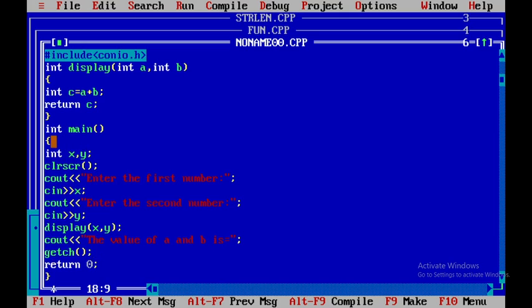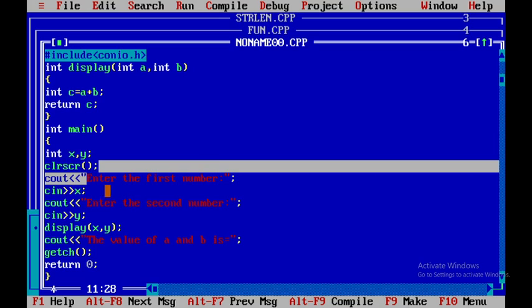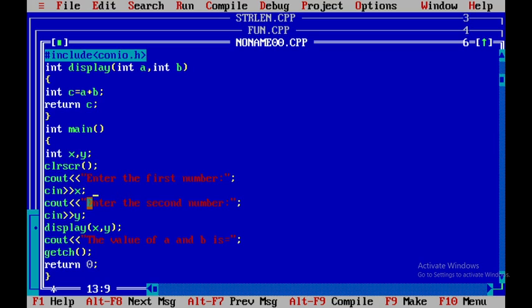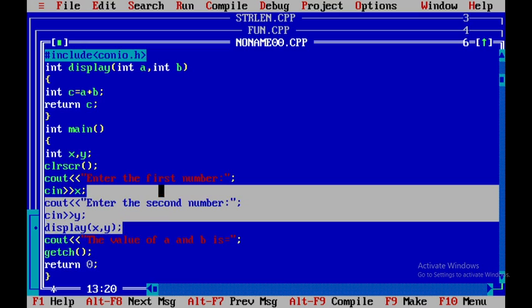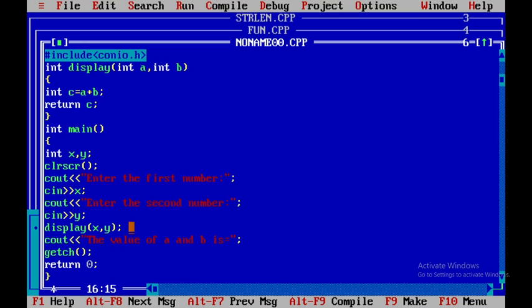The computer will reach here itself, so it will read this line into x comma y. It will accept the variables because both the variables are defined data types, and here it will get the value from the user for the first number, that will be stored into x, and the second value from the user will be stored into y. So here I am calling the function, this is the calling statement,